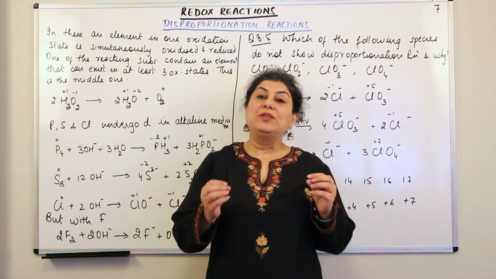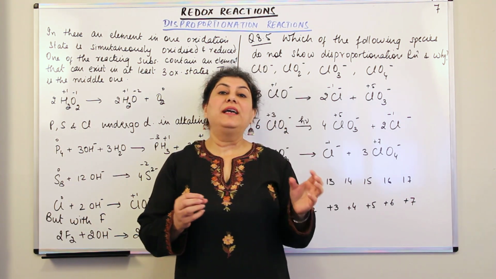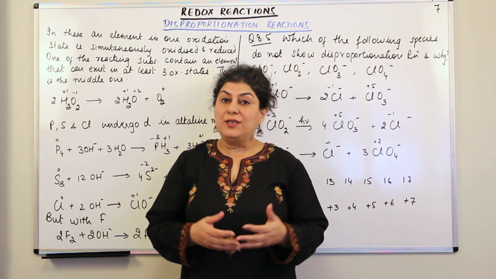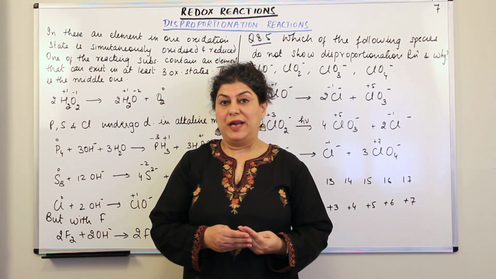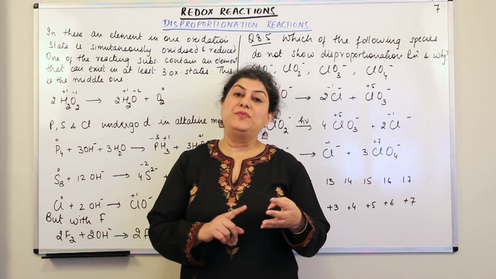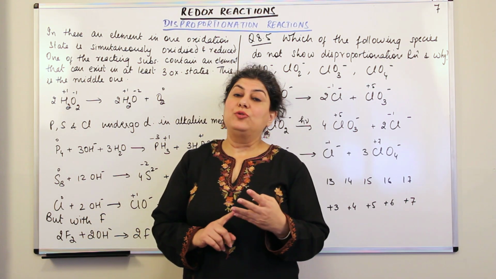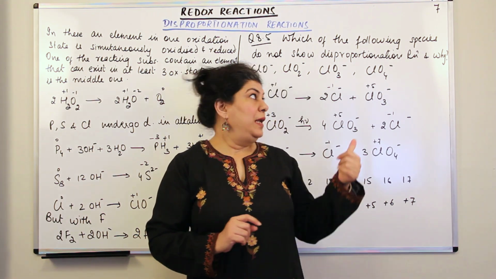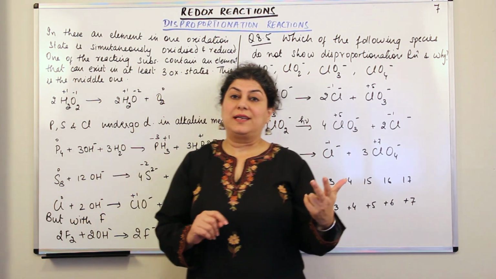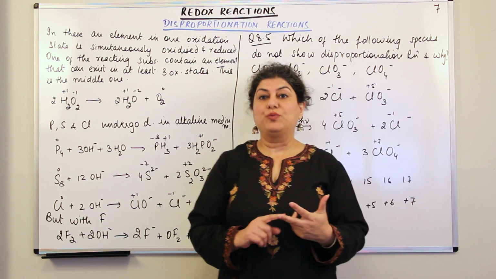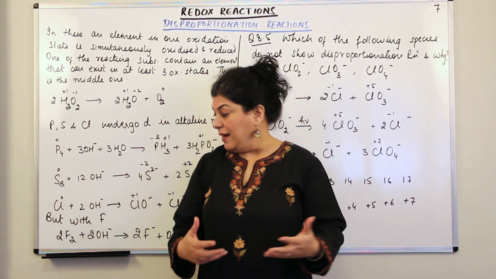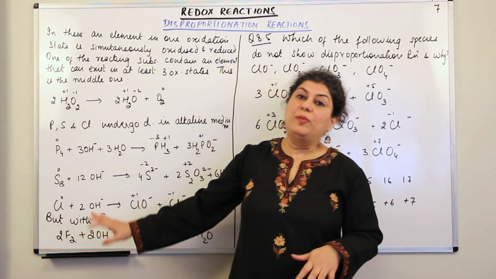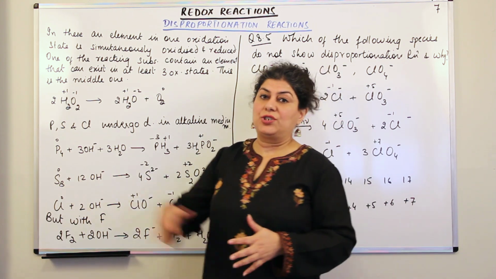I was telling you about the different categories or the different kinds of redox reactions. And I told you that there are 4 kinds of redox reactions. The first 2 categories we did in part 5, where I told you about combination reactions and decomposition reactions. In part 6, I told you the third category of redox reactions, which were displacement reactions. And now in this video, I'm going to tell you about the fourth category of redox reactions, which are